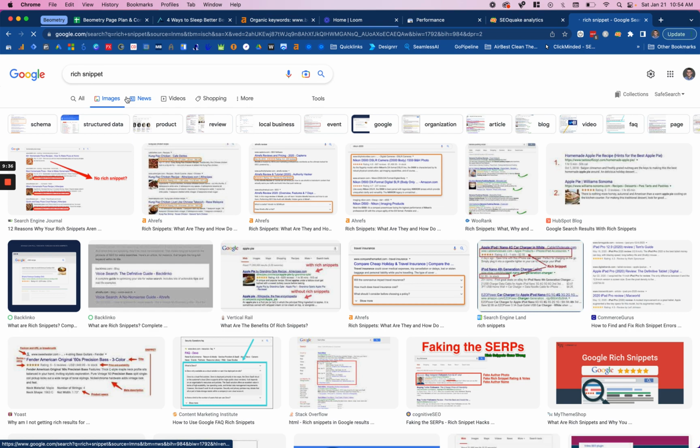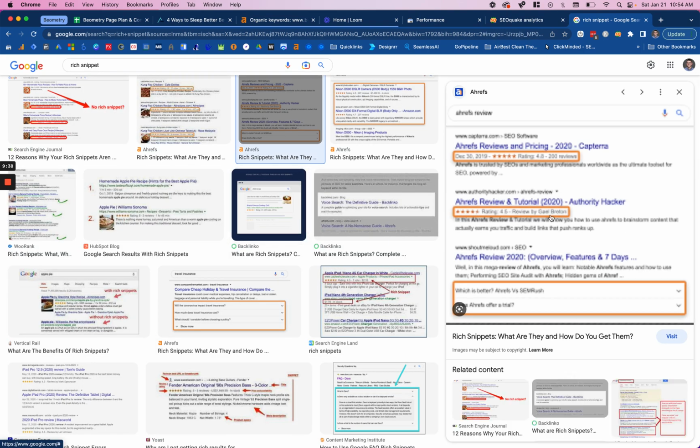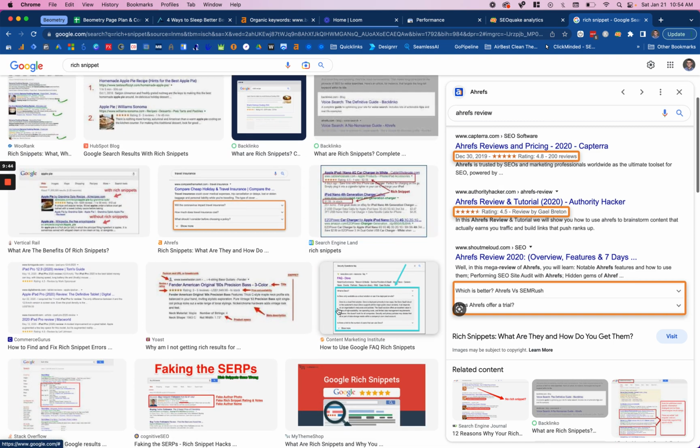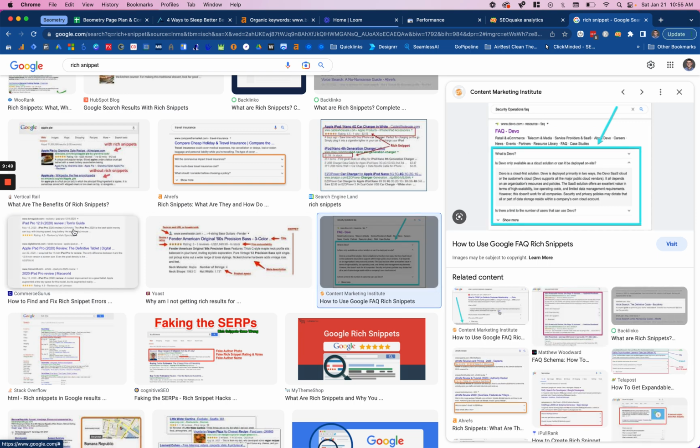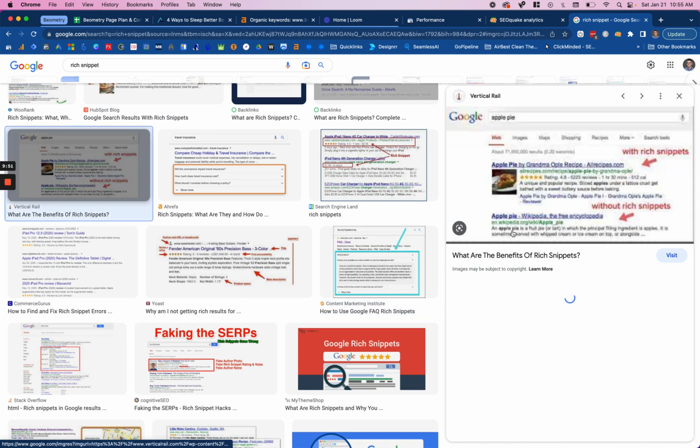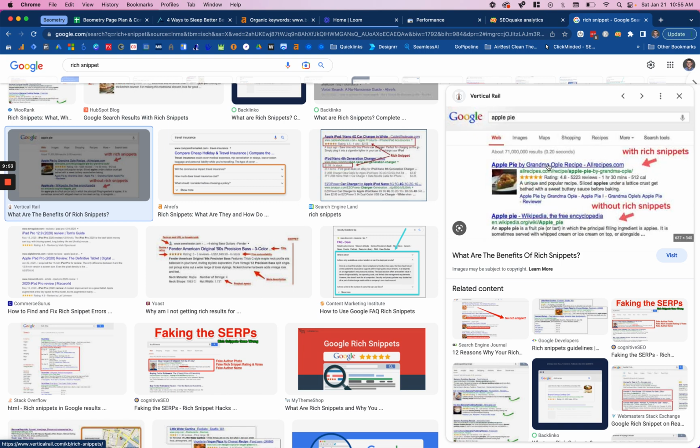See if we can find some images of rich snippets. Yeah, okay, so these reviews, that's a rich snippet. Okay, you get it. Anything other than the traditional looking blue page title and description is a featured snippet or rich snippet.